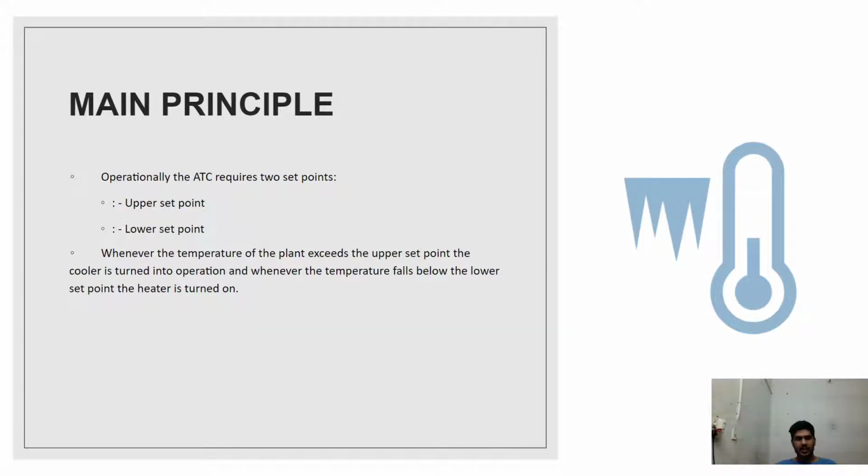Now, obviously, this is dependent on the actual enclosure, the actual surroundings that we're talking about. It could be that we require only one single point, one temperature value. If the temperature goes beyond it, we're going to turn off the heating. If the temperature goes below it, we're going to turn on the heating. It depends on the actual system that you are dealing with.